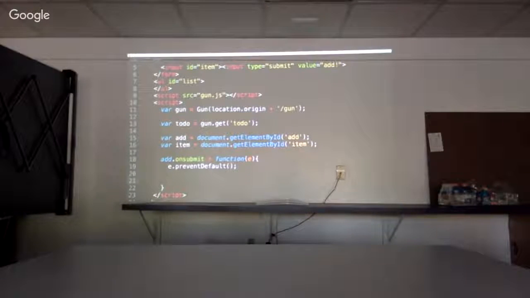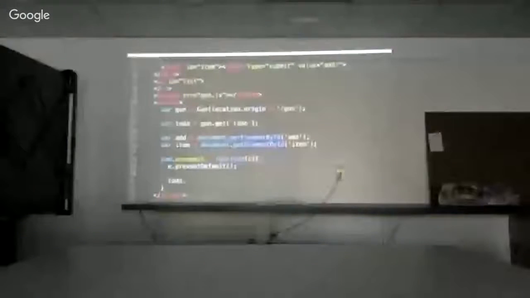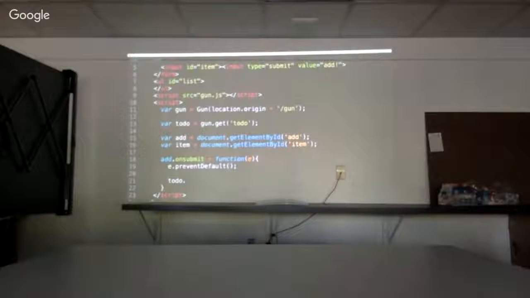All right, so now we want to save it to Gun. So all we have to do is to-do, because that's, where's my mouse? I can't see my mouse. It's right there, is referencing the to-do app that we're getting from Gun. But a to-do app is kind of like a table, right? Because you just have a bunch of items inside of the table. So if you do to-do,